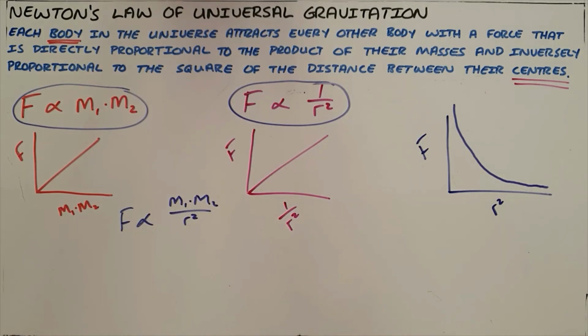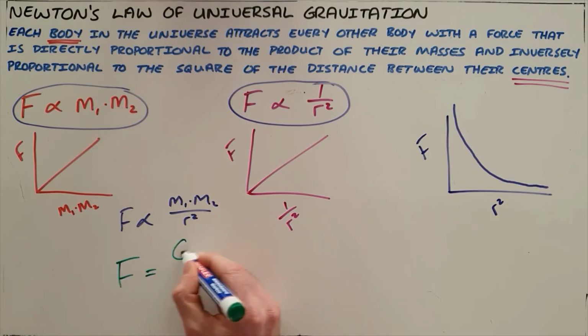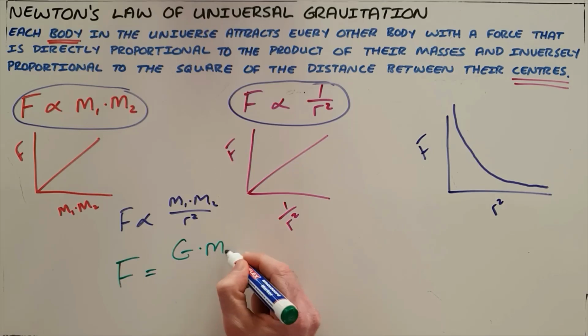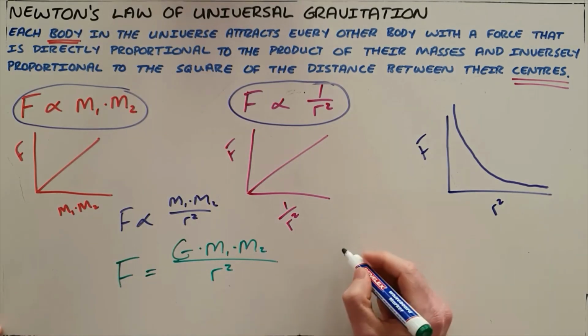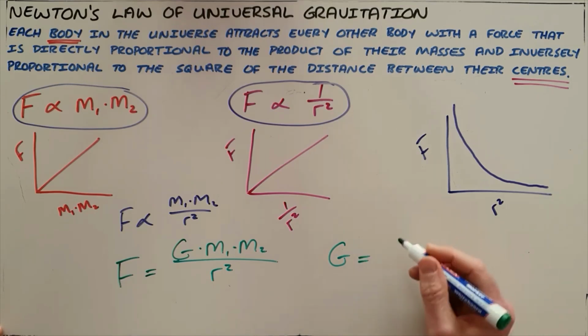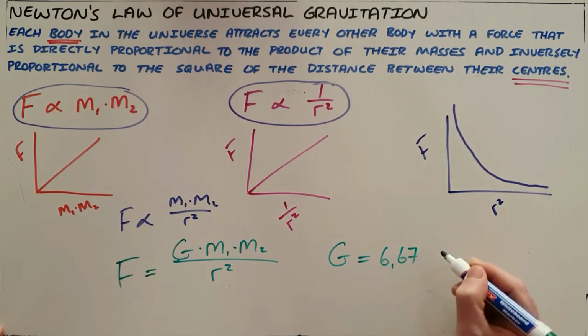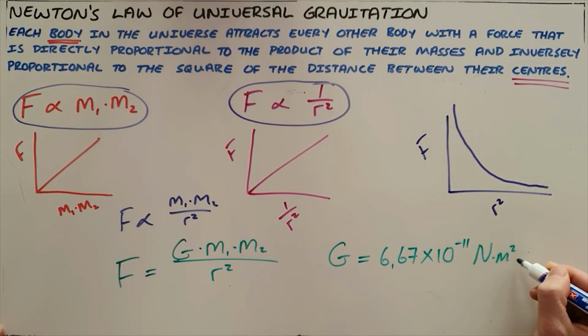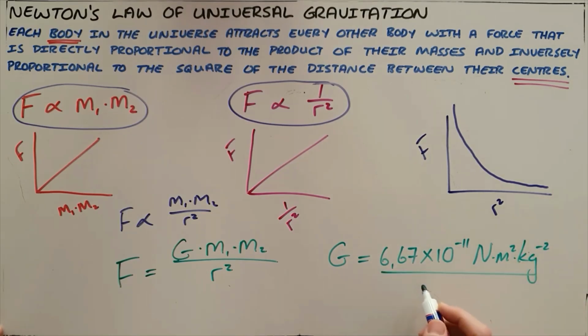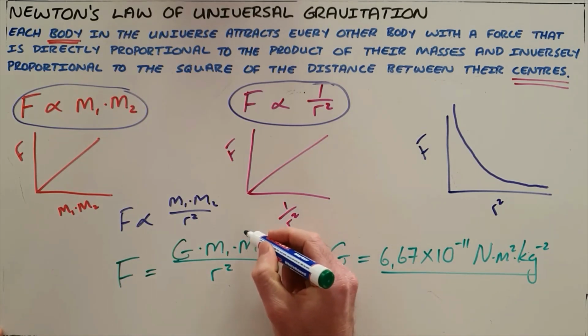And in order to make this into an equation, we introduce the universal gravitational constant, which then tells us that the force is equal to the gravitational constant multiplied by the product of the two masses divided by the distance between these two object centers squared, where we know that the universal gravitational constant is 6.67 times 10 to the power of minus 11 Newton meters squared per kilogram squared. This is always a constant for every part of the universe, and so the three factors that we have